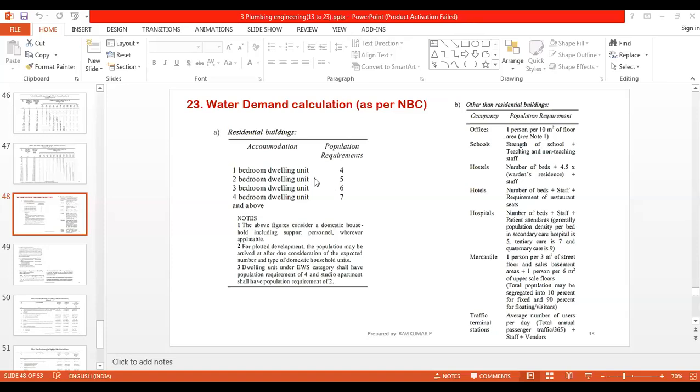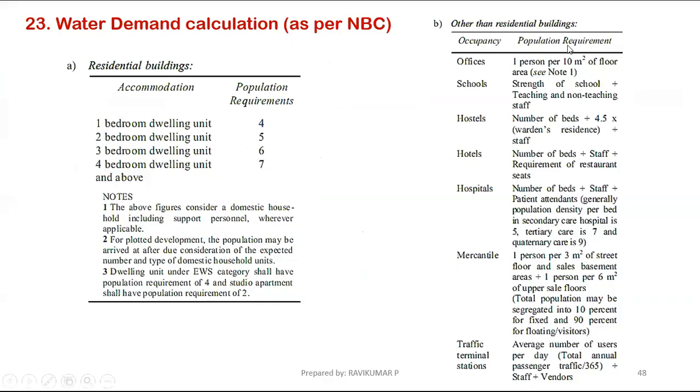Suppose you are going to design other than residential, then some other table scenario you have to consider. Other than residential, you have to consider the occupancy rate. If you are going to design for an office building, the population requirement they have told is 1 person per 10 square meter. For every 10 square meter, you have to consider 1 person. 1 person is going to stay in 10 square meter. If it is an office building,